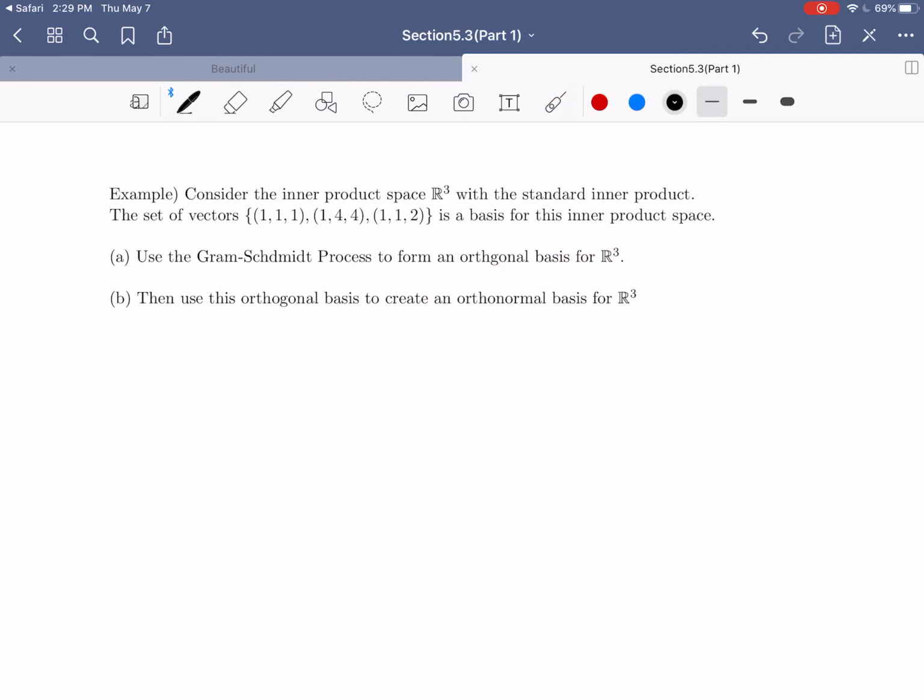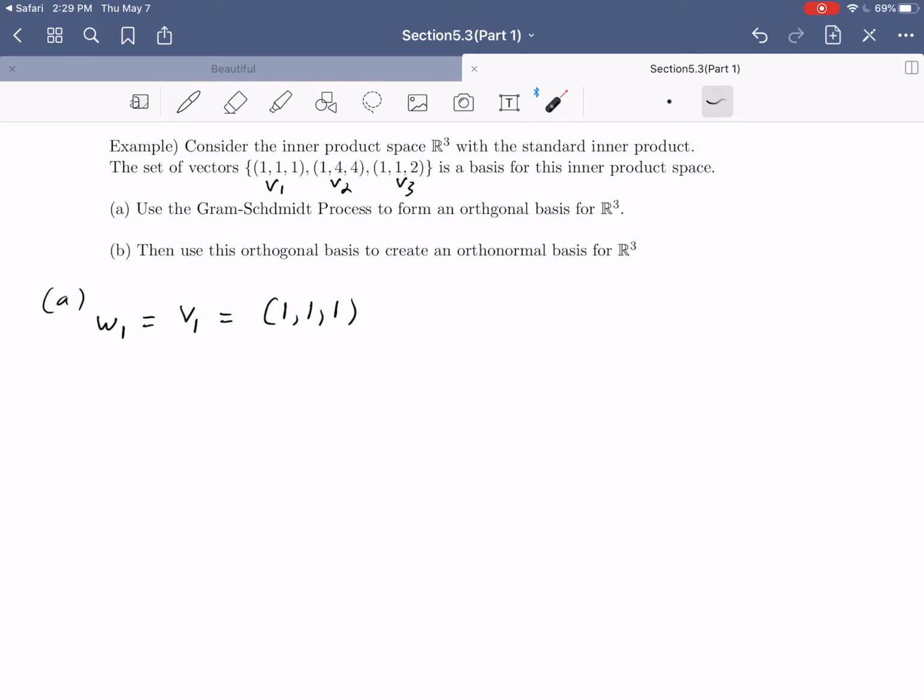So let's go ahead and see how to do that. For convenience, we'll call these V1, V2, and V3. How do we find these? Well, W1 is just going to be equal to V1, which is (1,1,1). So our first element in our orthogonal basis is the same as the first element in our original basis. Now for W2, we're going to start with V2, and we're going to subtract the projection of